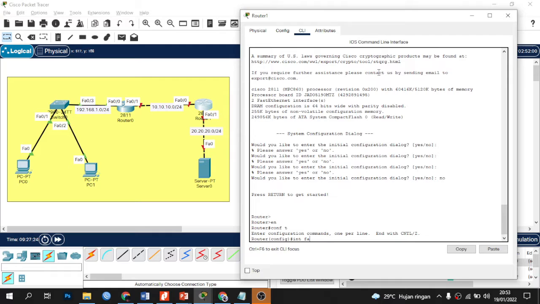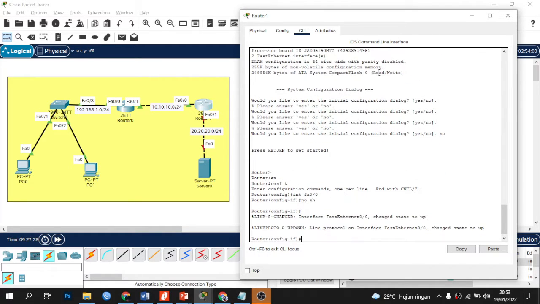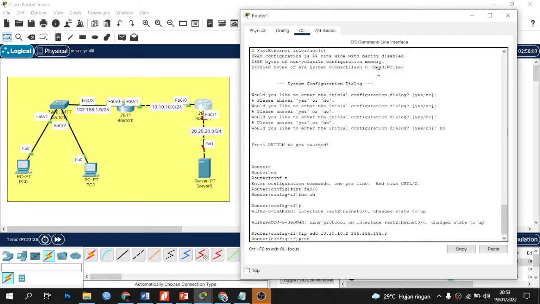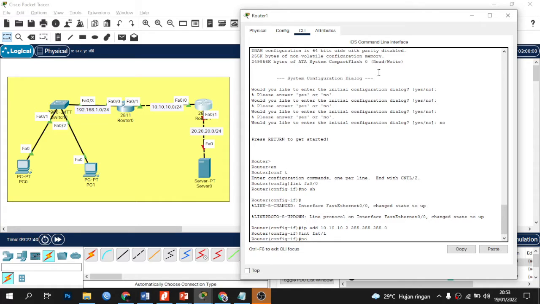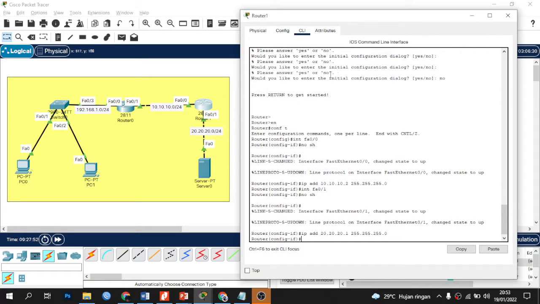Interface FA0/0, turn on the interface, add IP, subnet mask, enter. Then interface FA0/1, turn on the interface, add IP 20.20.20.1 with subnet mask. Okay, enter.